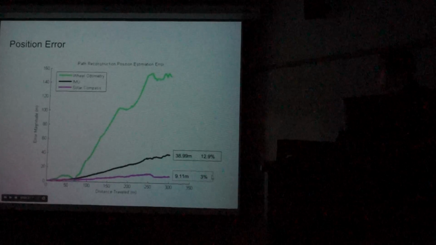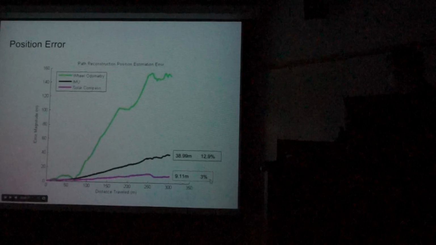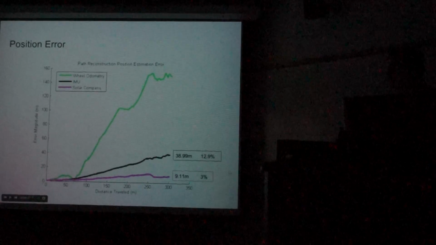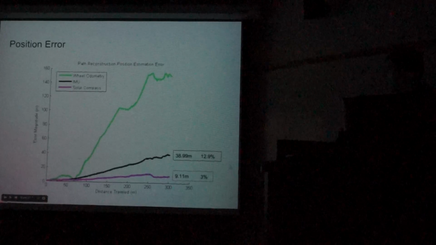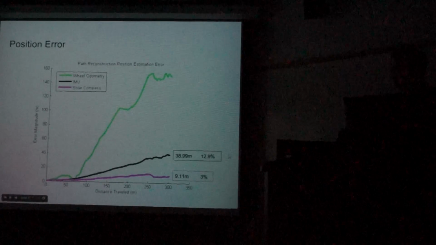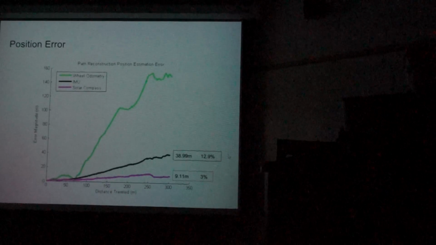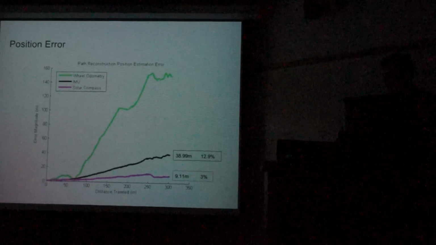Also, this shows the percentages. For this trek, it was a 3% total error for the solar compass and 12.9% for the IMU. And earlier, several of the